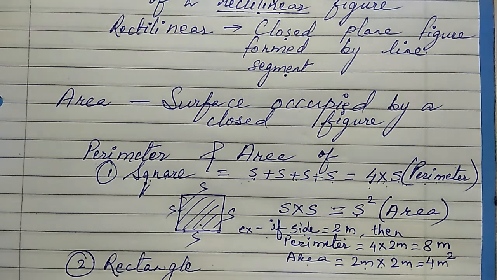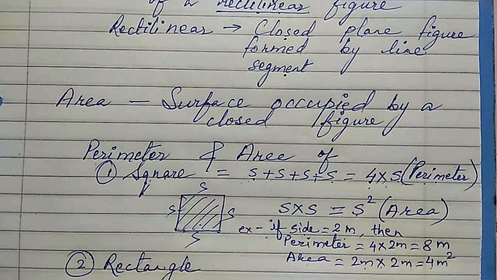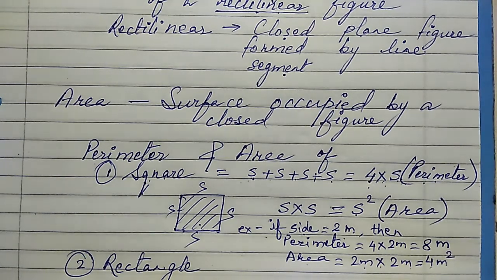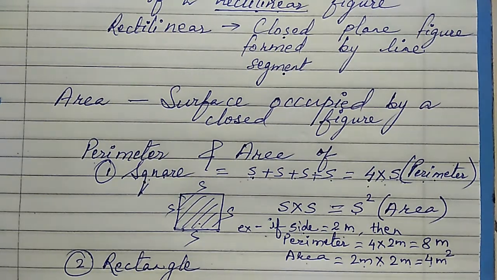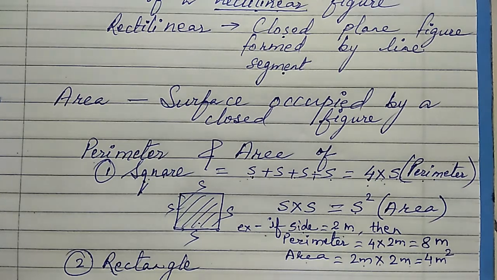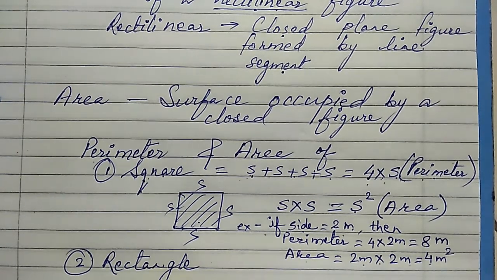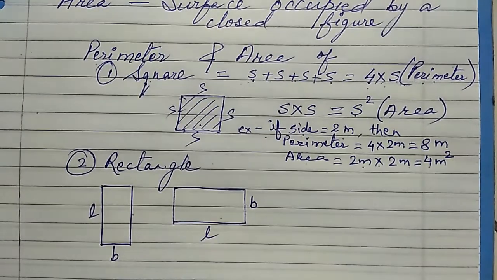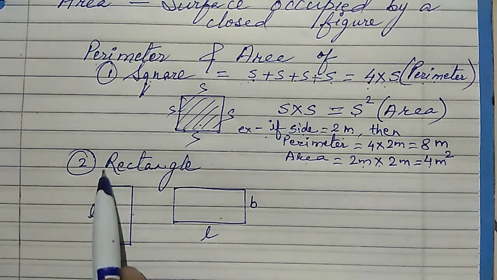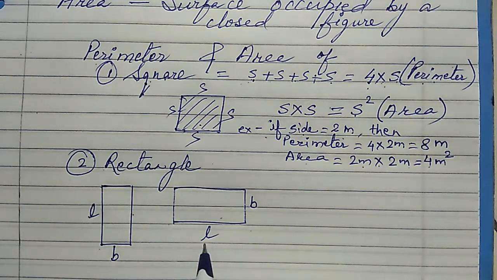Second thing, we have learned in the previous class about the rectangle. So what type of figure is called a rectangle? Rectangle is also a quadrilateral, a four-sided figure है, where two opposite sides are greater than the other pair of opposite sides. So it is having two pairs जहाँ एक pair को हम बोलते हैं length and the other pair is called the breadth. अब किसको length बोले किसको breadth बोले? So the longer side will always be taken as length, and the shorter one will be breadth. Shorter को हम breadth ले लेते हैं.